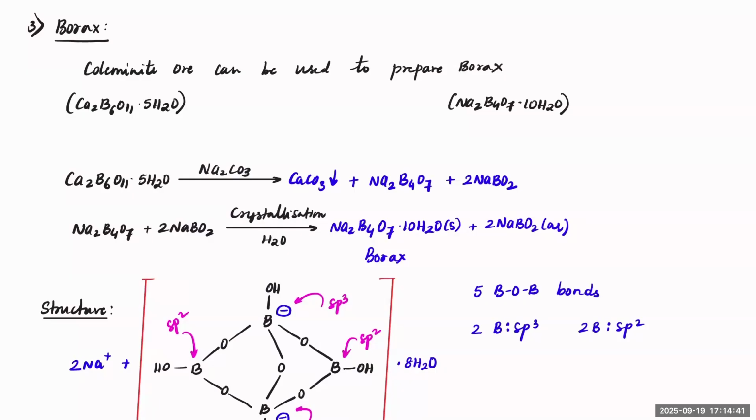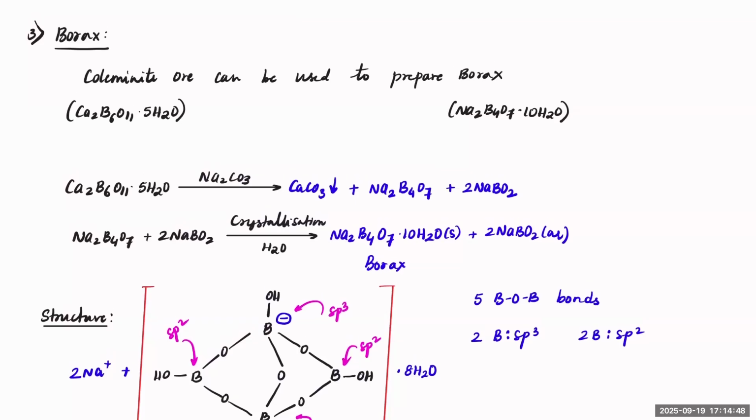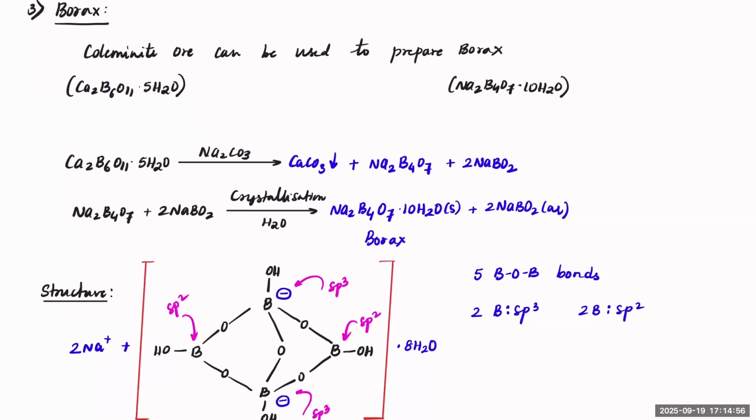See, when it comes to the next compound, which is borax, the main ore to extract borax is colemanite. Colemanite is calcium with B6O11 form. Now, this colemanite, when you react with Na2CO3, it will convert into CaCO3, Na2B4O7, and NaBO2. And this Na2B4O7, when you treat with NaBO2,